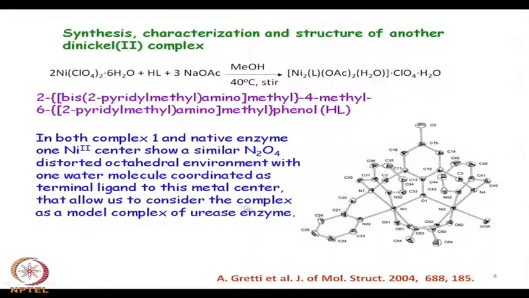So, this is the second example where you just take the elaboration, that means how a large number of bimetallic sites. I am citing some of these examples where you can have a particular unit. That means, whenever we talk that any bimetallic catalysis or bimetallic units are required, you have to bring 2 metal centers, not more than that, at least 2. So, the very basic minimum number of metal centers you require for this sort of catalysis is a very simple thing, like pyrazole. You now take the phenol unit.